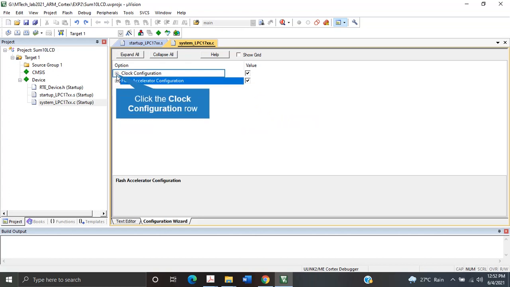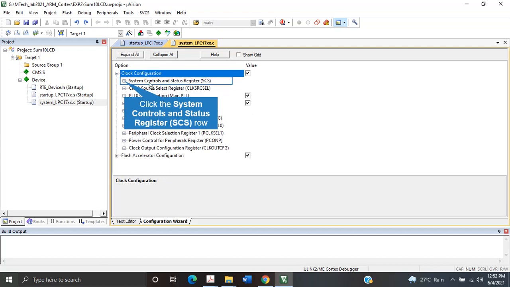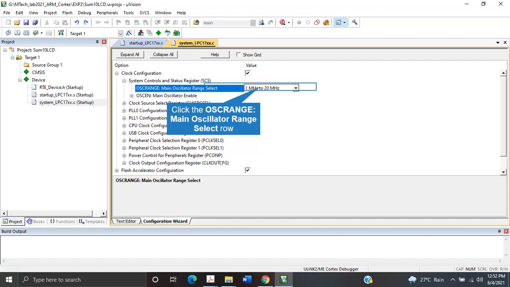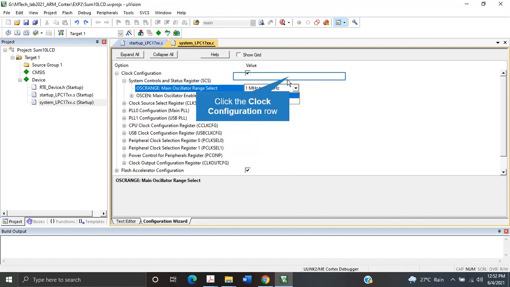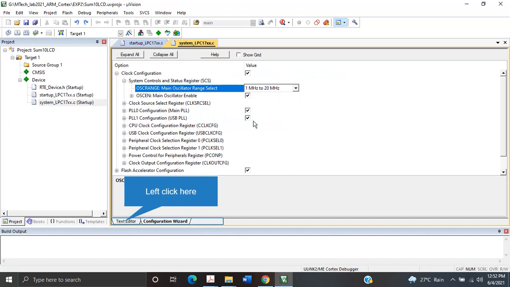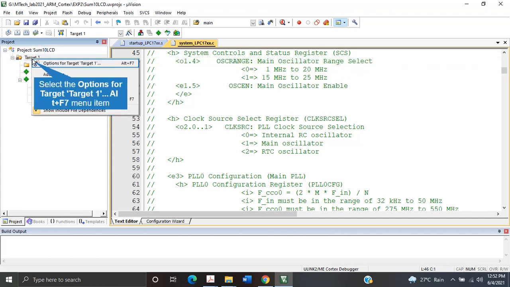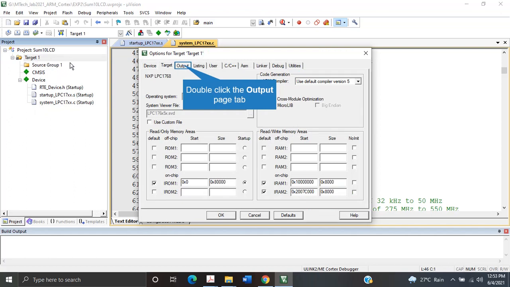If initially we are not aware of all the system configurations, anything you want to modify, such as whether 1 megahertz or 20 megahertz is my clock frequency, or 15 megahertz or 25 megahertz, you can modify it over here. That will be replicated into your code. So that is the configuration files. CMSIS is automatically imbibed, so some additional files will be taken by the compiler, and that is instructed, or whenever you compile it is compiled for the optimizations. Let's check out the target options. There are a few more corrections that have to be done.